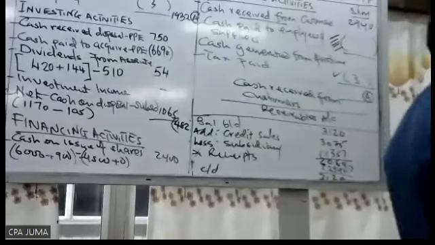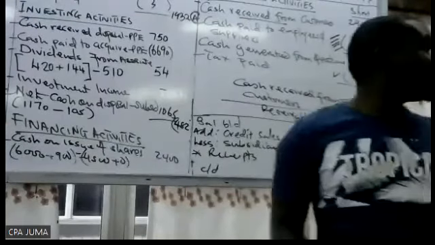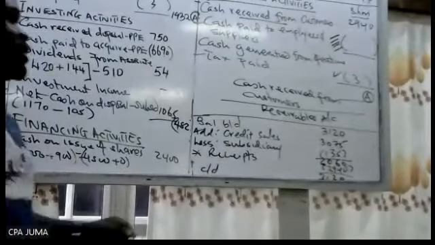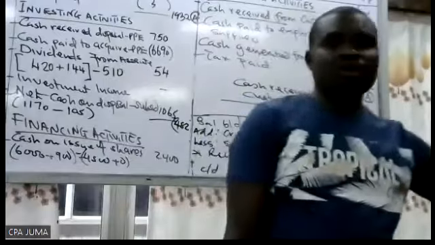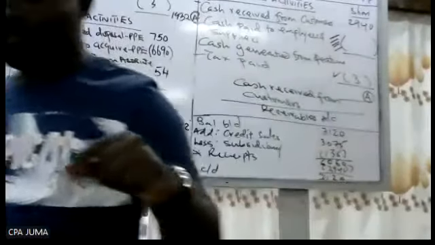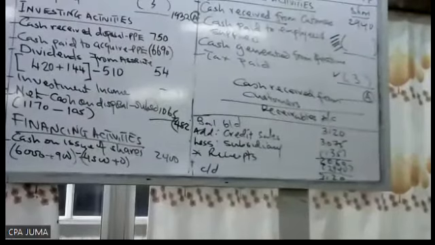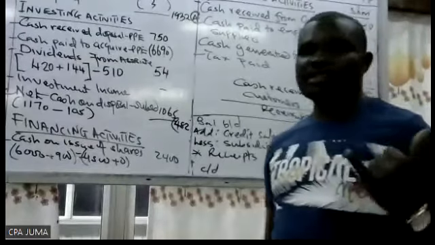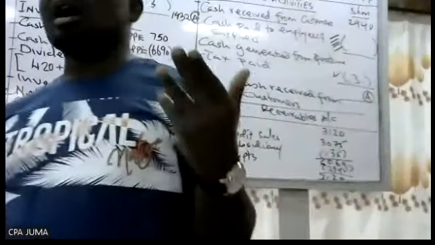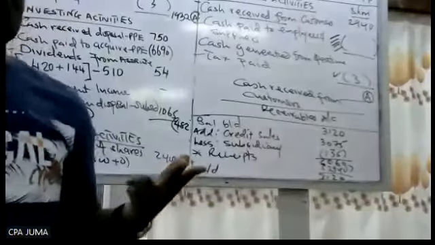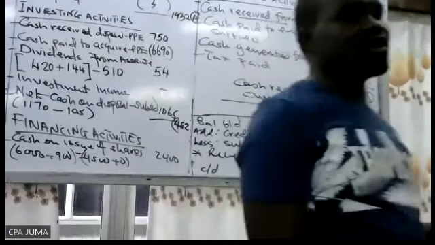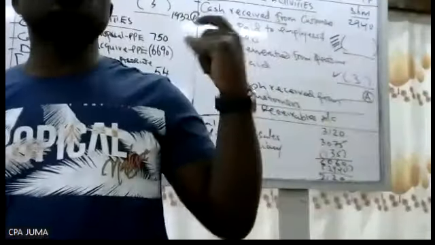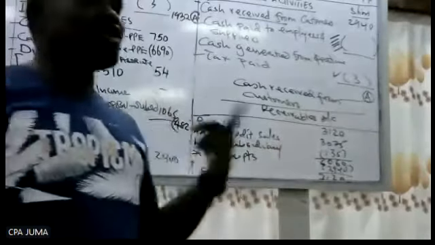Then you say, consider the sum of administrative and distribution costs, net of non-cash